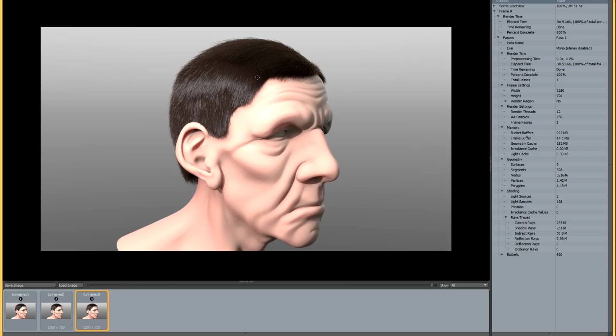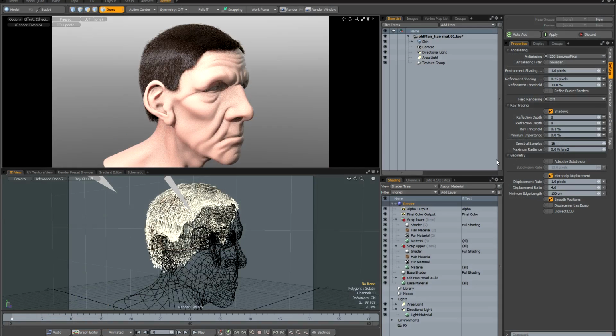Now the great thing about this is we managed to get these results with only one pass as opposed to using 2 passes with the fur material. So the thing really to do is to try and compare render times between a clean hair render and a clean fur render. So I'm going to return to the scene and I'm going to disable the hair material, and